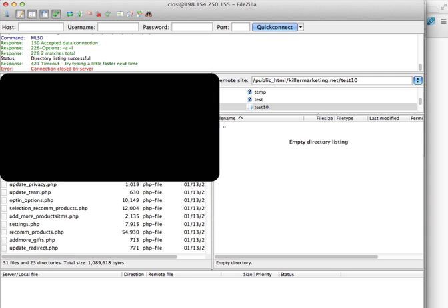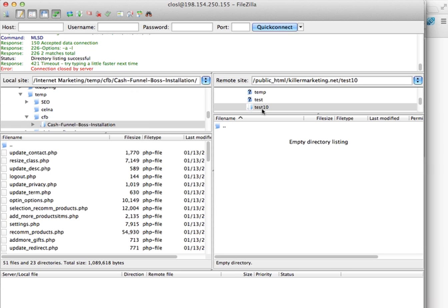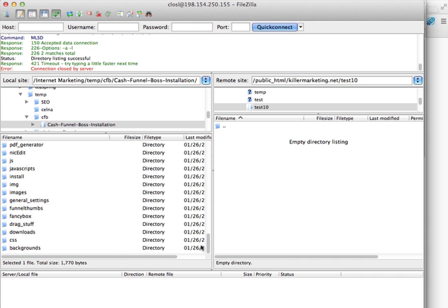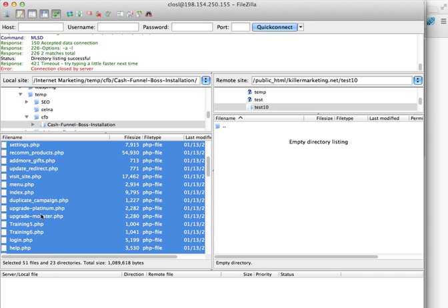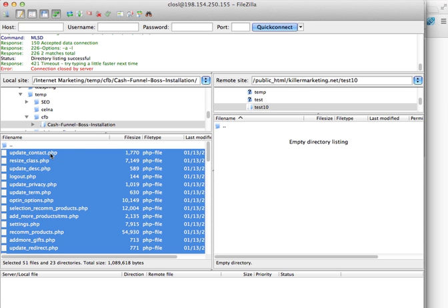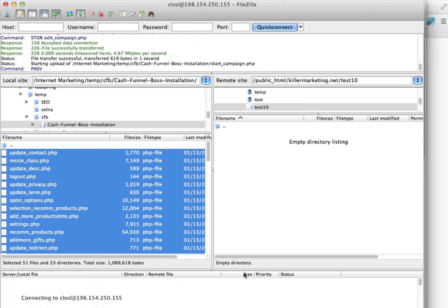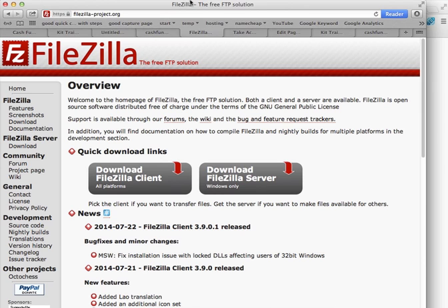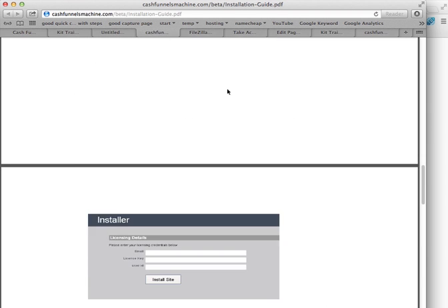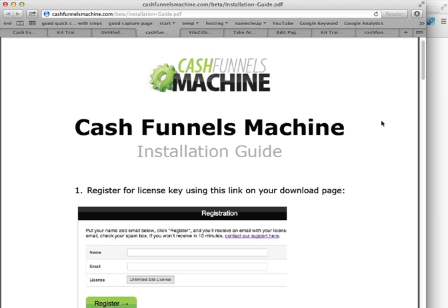So here are all my files for Cash Funnel Boss. You can see them right here, and on the right you will see my server. I did create a folder called test10. That's where I'm going to upload the software. So let me select all the files with shift, and then all you have to do is just drag and drop. Just wait until all the files are uploaded. Once you upload all the files,